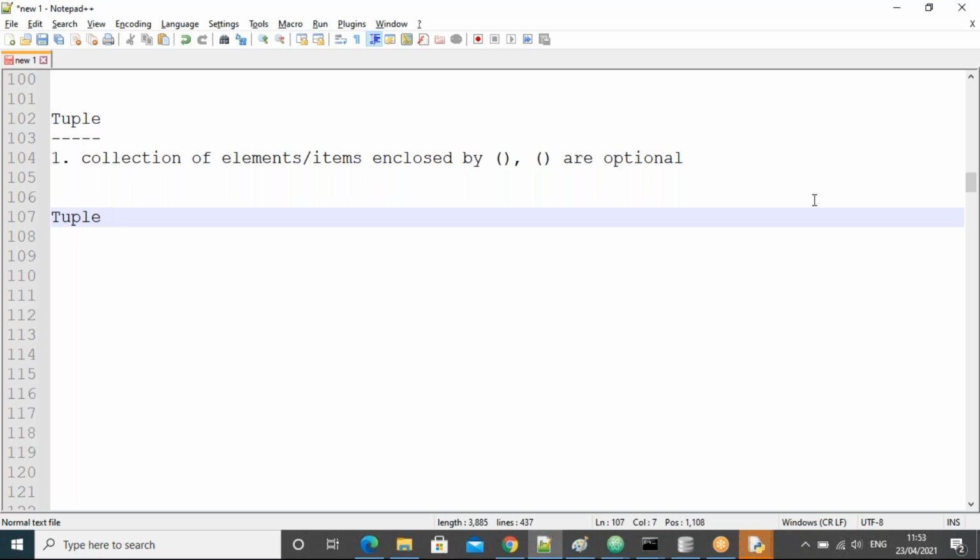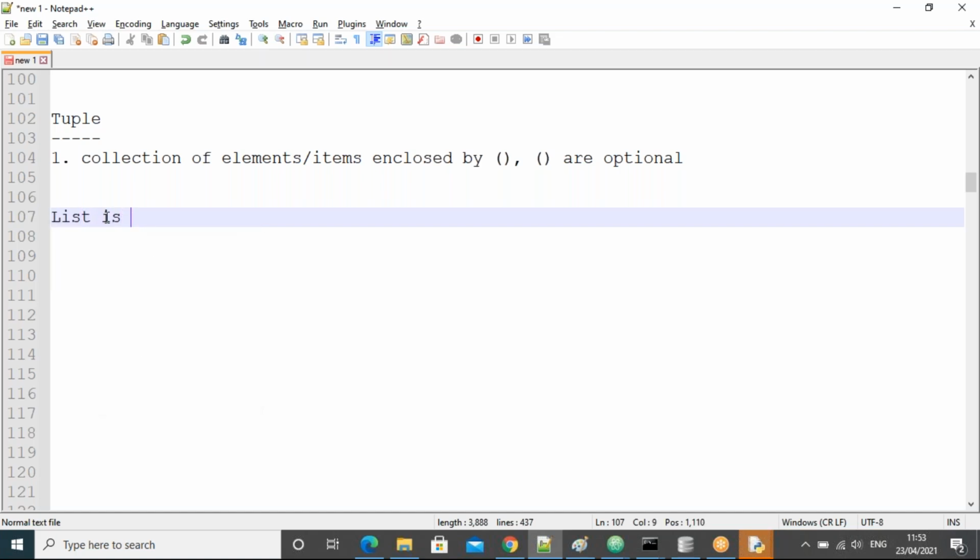Remaining all are same. What are the points? All of you observe now.